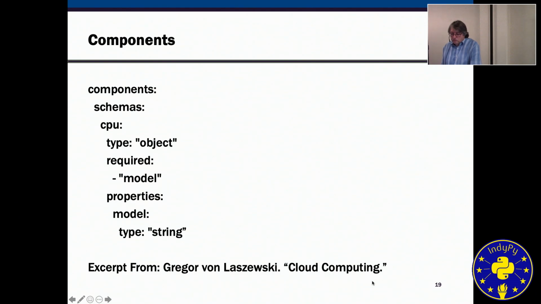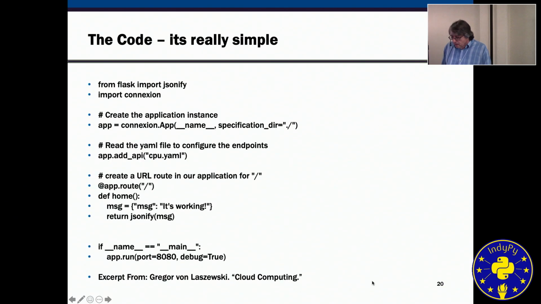So we can do this for many other things, and then one of the things that we really need at the end is we actually have a noun as part of our REST definition. What are we actually storing? And in our case, we have the CPU that, for example, has a model, and for the model, for example, we put in a string. Another would be the value for the CPU value.